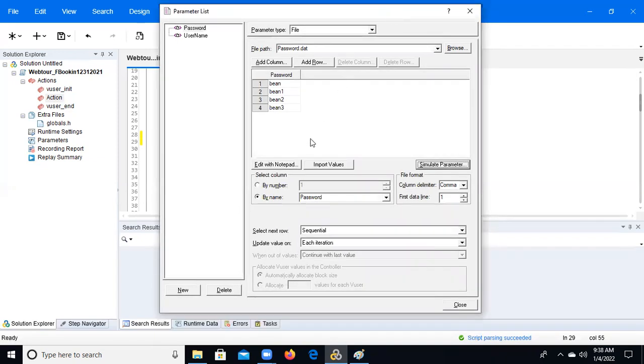Yeah, credentials, usernames will be there. Likewise we have the password also, but we don't have many passwords. Everyone will have the same password. For example, the users are different, but there is one password. Yes.